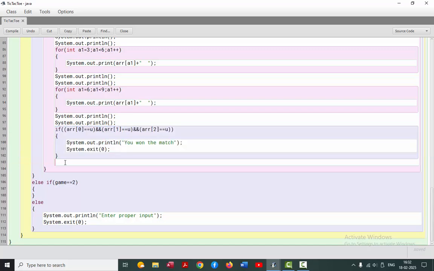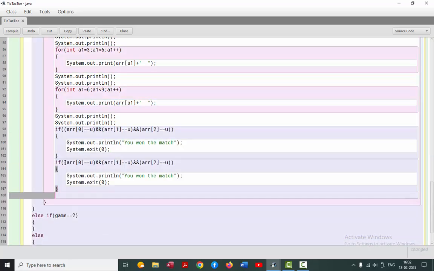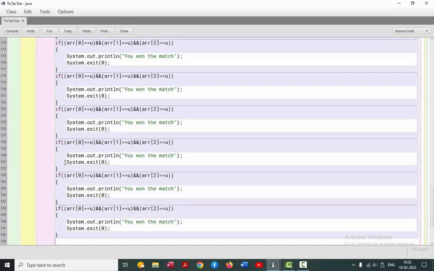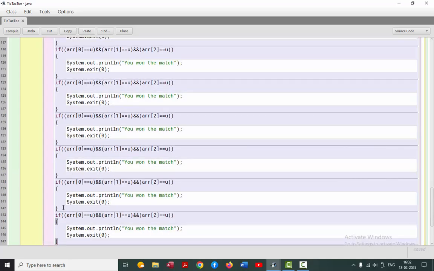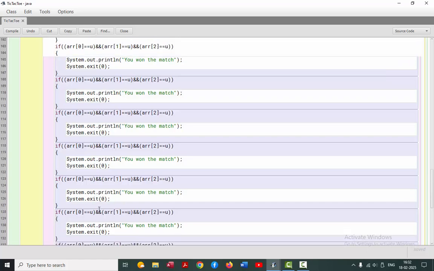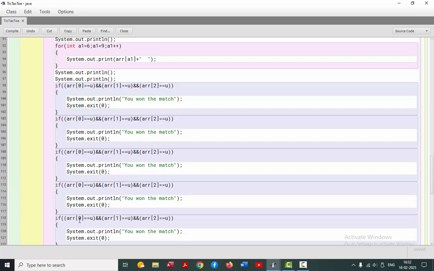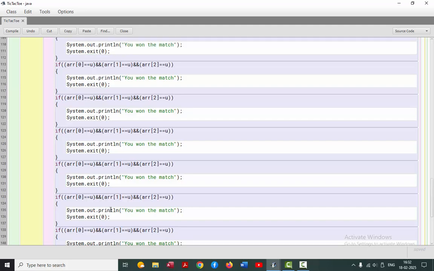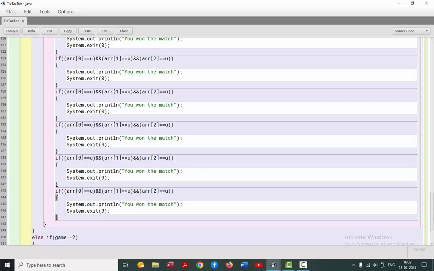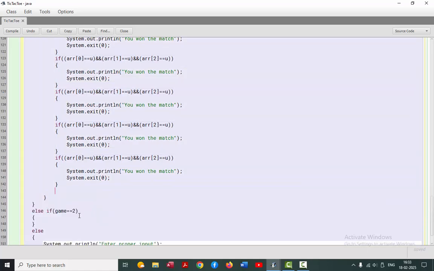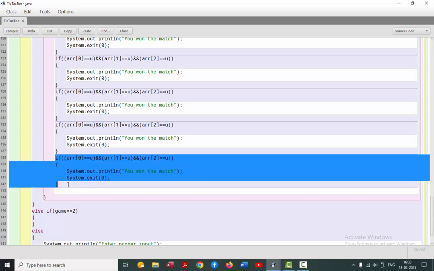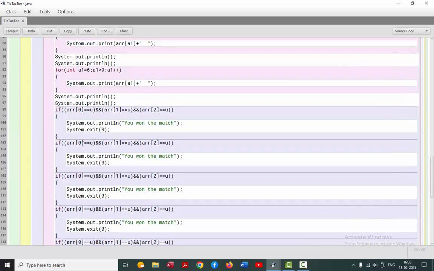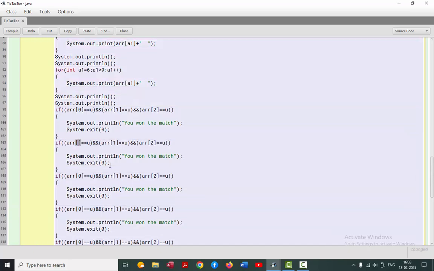Copy this code, paste it 8 times. Here we have to change the numbers. Here we have to write 3,